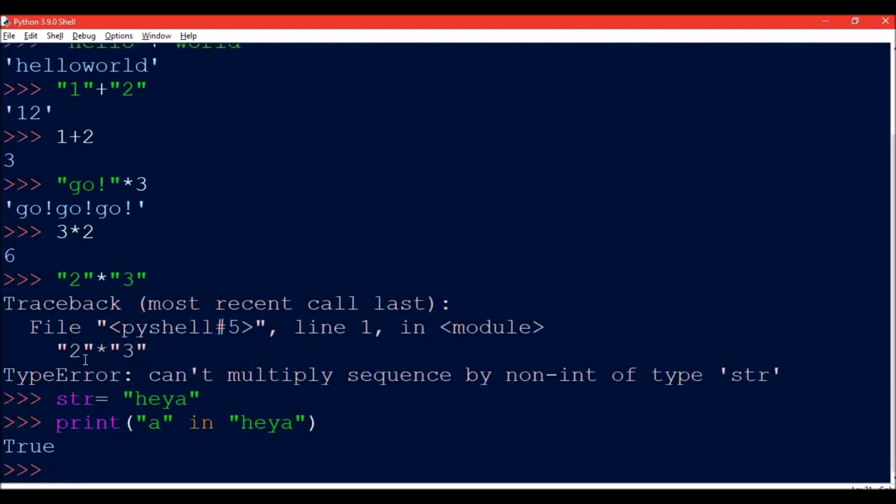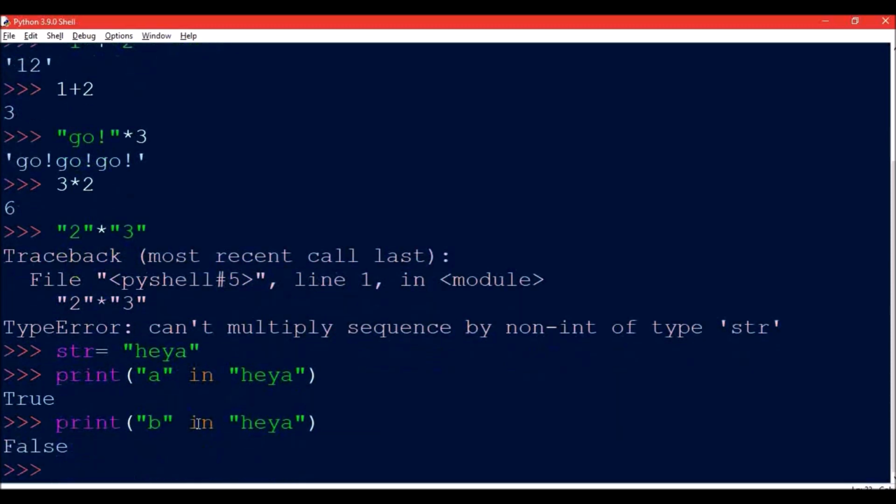Why? Because A is present in the string that I have given. But if I write any other alphabet that is not present in this string, let's say B, then I will get the output as false because B is not present in HEYA, the string that I have given in str.